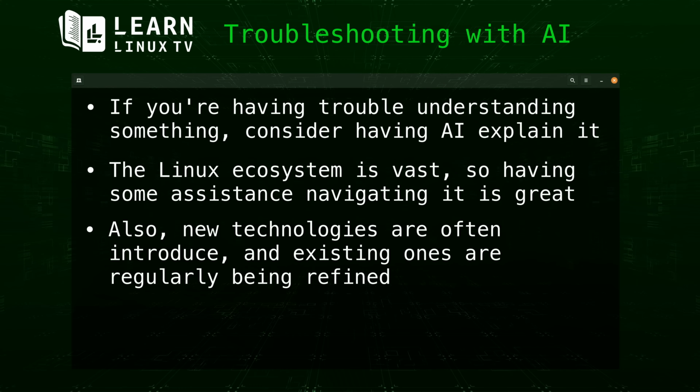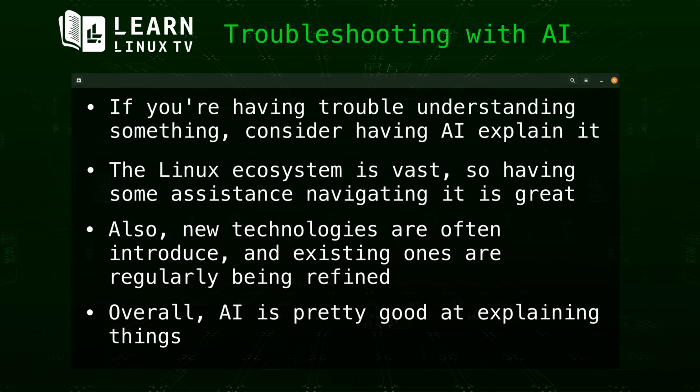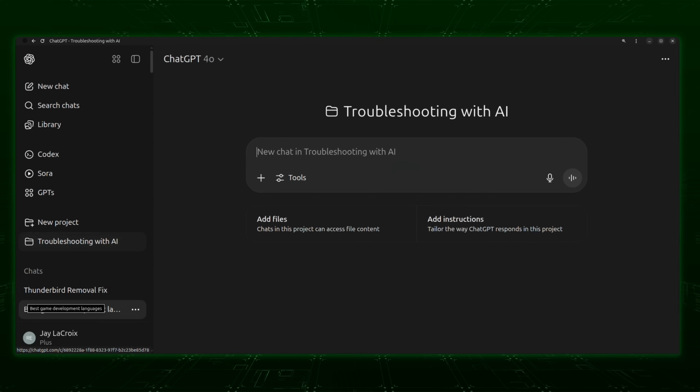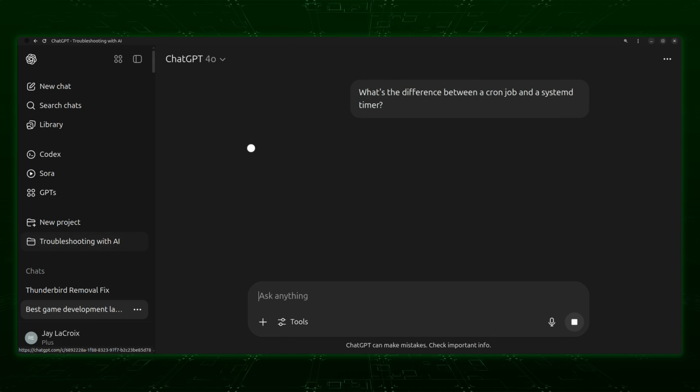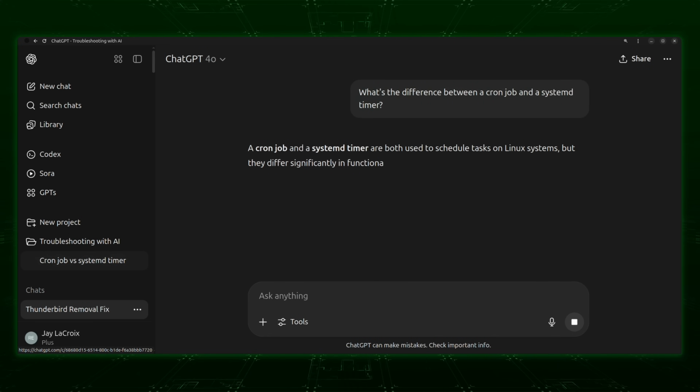In addition, new technologies are coming out constantly, and existing technologies are often refined and improved upon. As Linux continues down its path of dominance, you may hear about something in the news or need some clarification on something. And this is a task that's easy for AI to help us out with. For example, you can ask AI what the difference is between two technologies that serve the same goal and which you should use for a particular purpose. Often, your AI chat agent will present a table that'll show you the differences between related technologies, helping you make a decision on which to use within your environment.